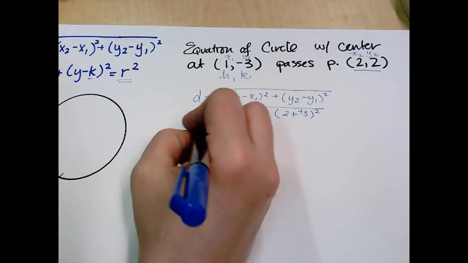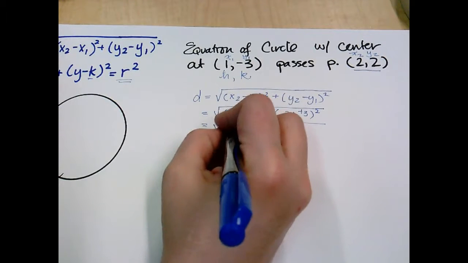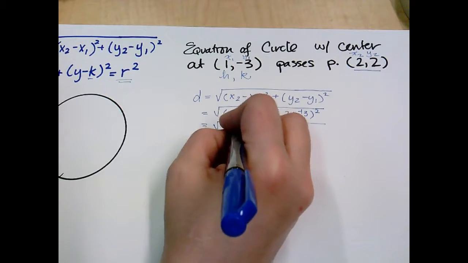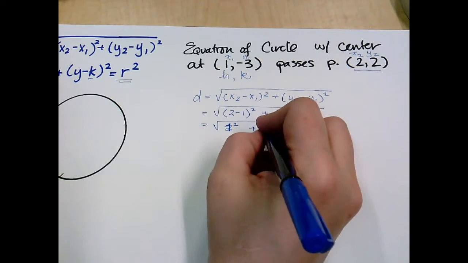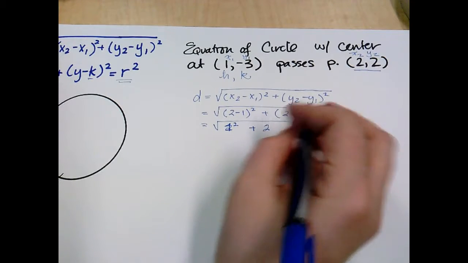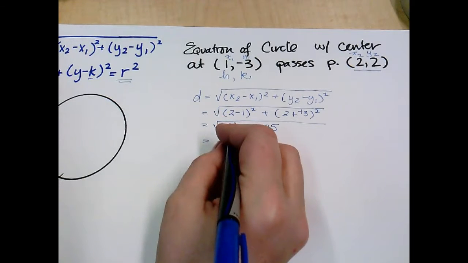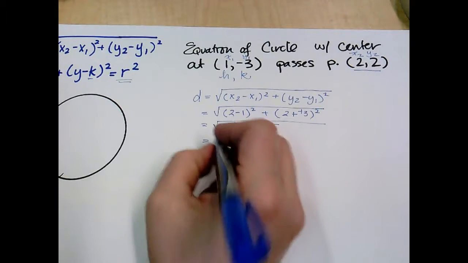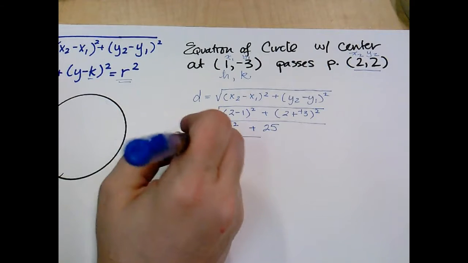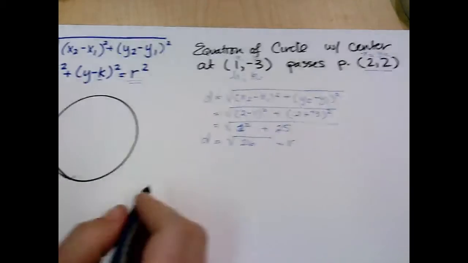So solving through here, I get the square root of, 2 minus 1 is 1 squared, plus 2 plus 3 squared. So 2 plus 3 is 5, squared is 25. So 1 squared is 1, plus 25, is the square root of 26. Now I'm going to leave it in that form, right? That's going to be equal to my radius. And I'm going to plug that in